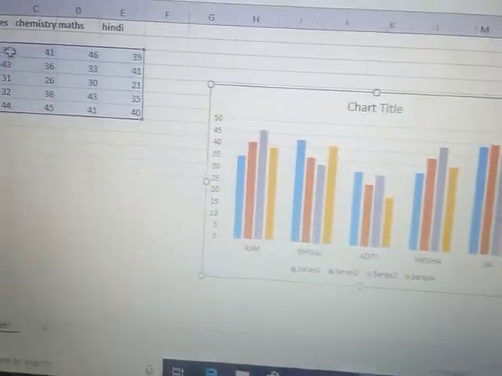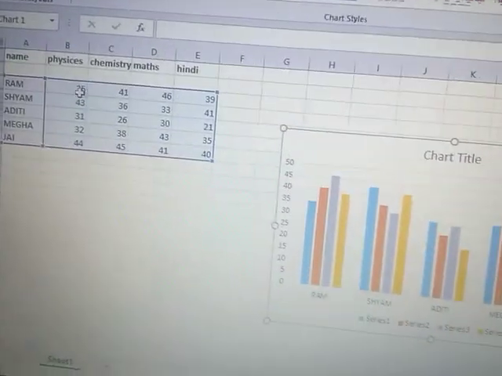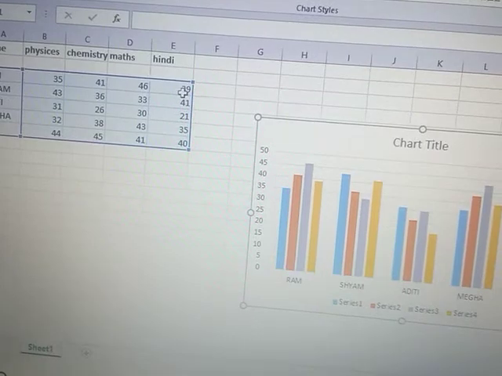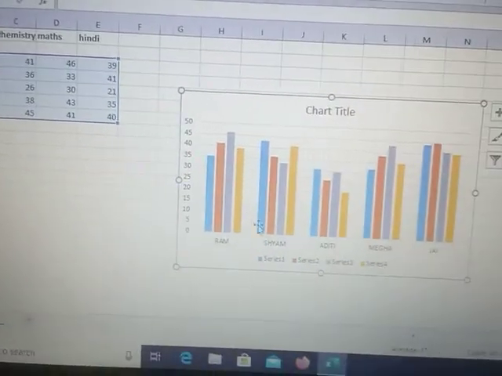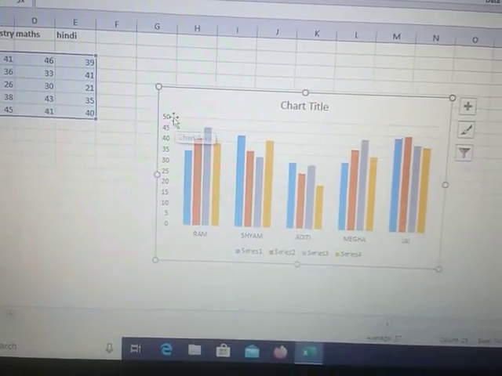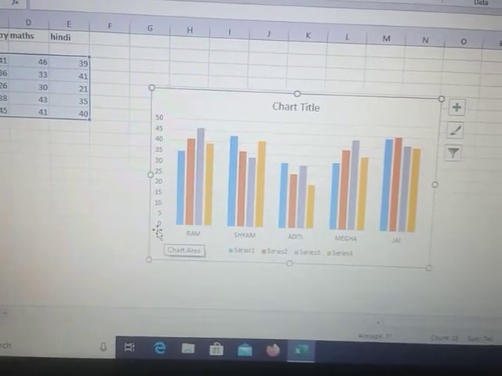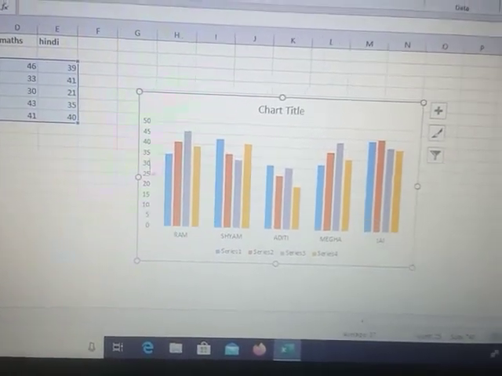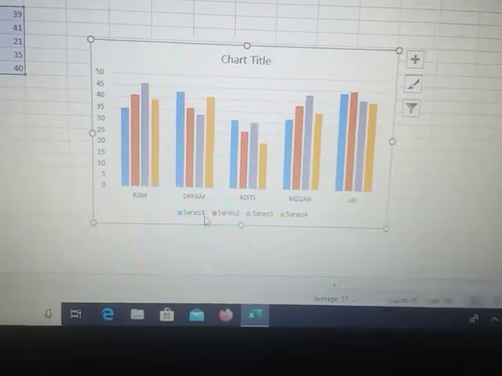As you can see, I have taken the marks 35, 41, 46, 39 like this. It has made the scale itself and is showing it.